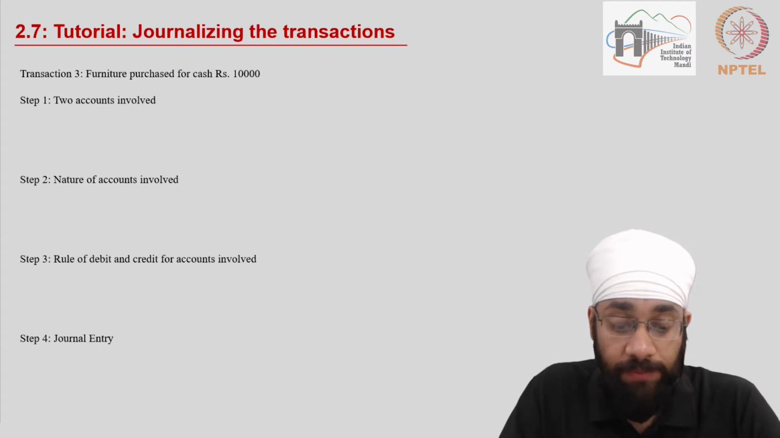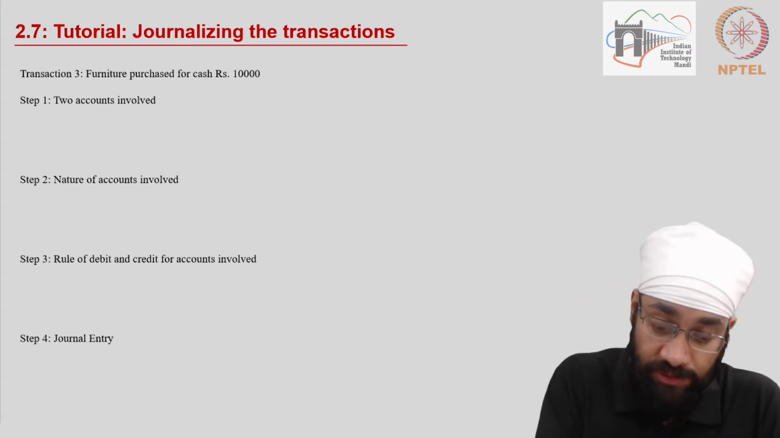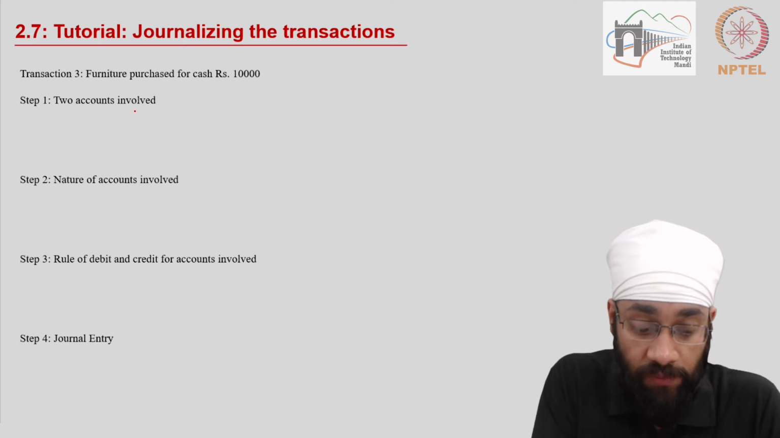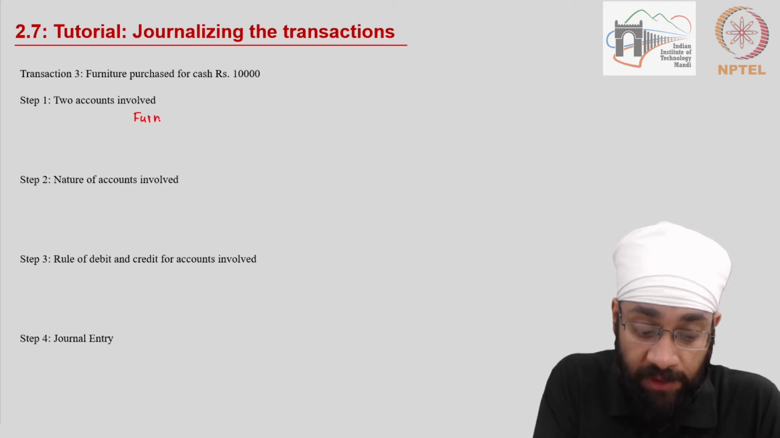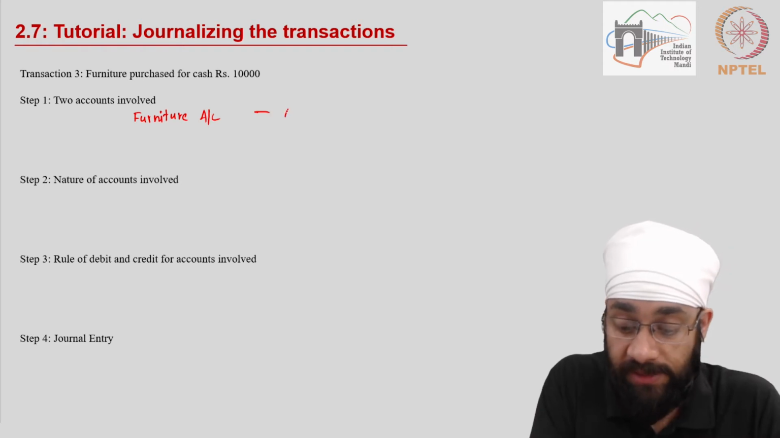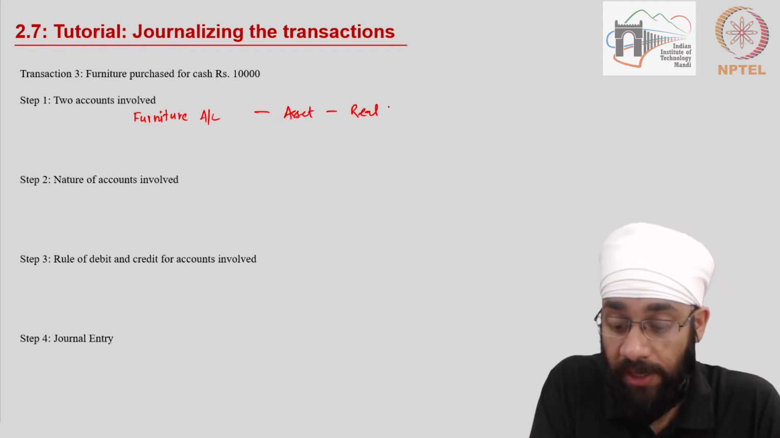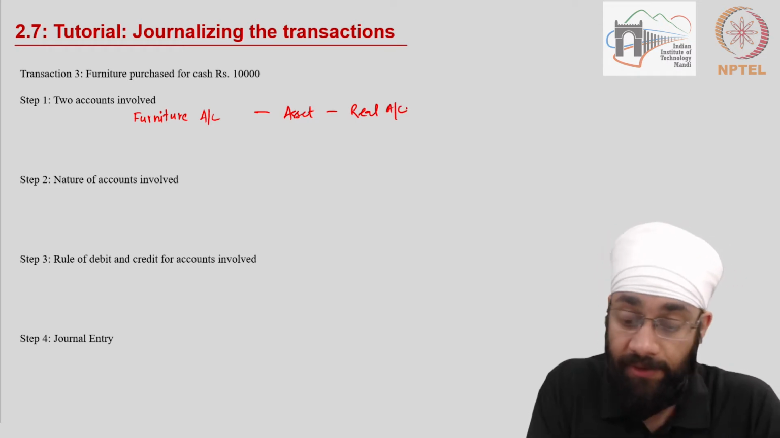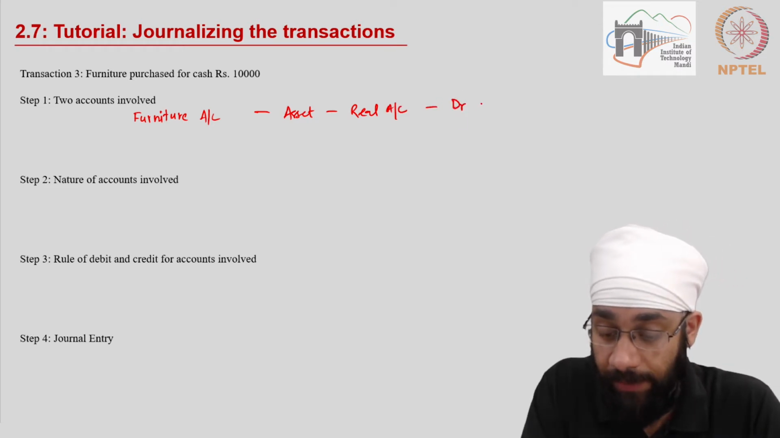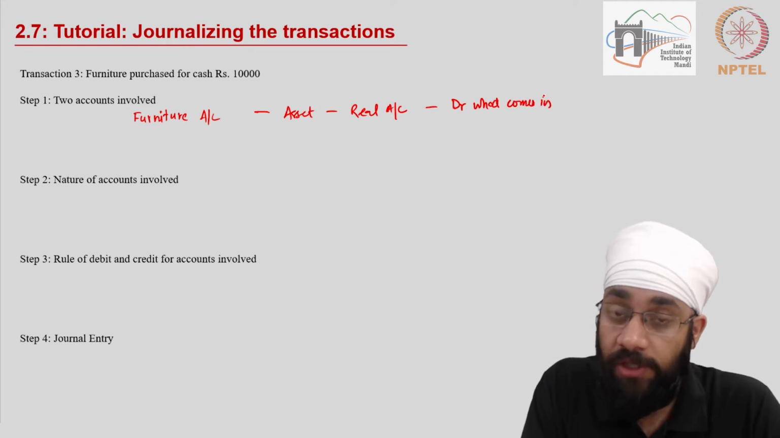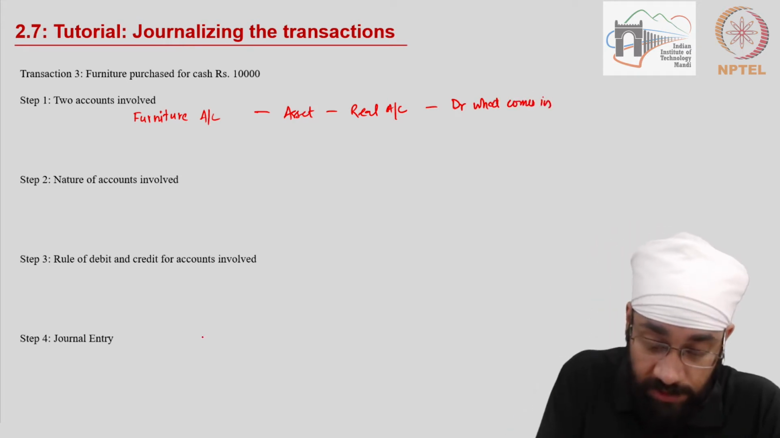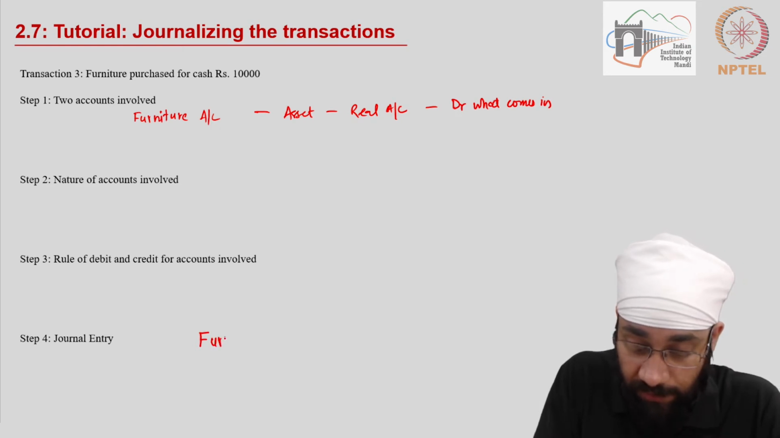Next is furniture purchased for cash, 10,000. Two accounts involved. You have the furniture account. Clearly this is an asset and hence it is going to be a real account, and the rule for a real account is debit what comes in, and furniture is coming into the business. So I'm just going to write furniture